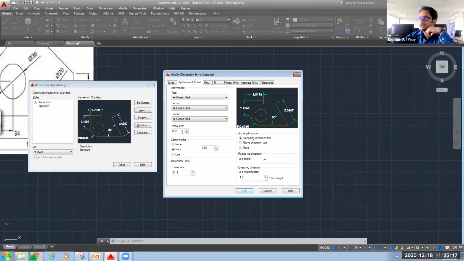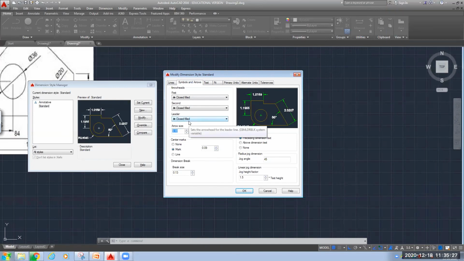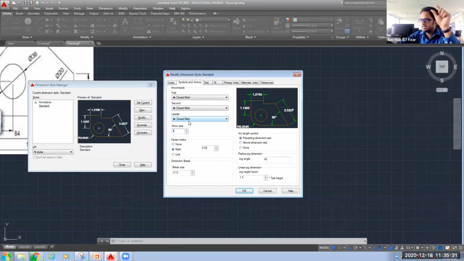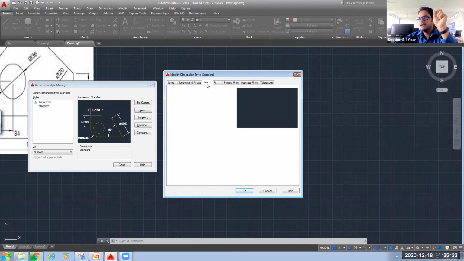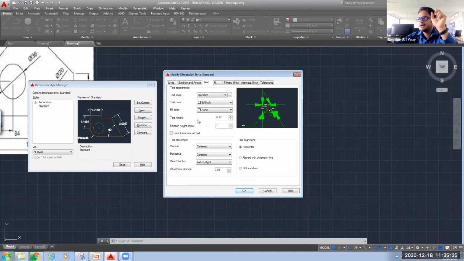Now go to symbol and arrow. Arrow size, last time what we made? Arrow size 3, and 8 is your text height. Okay. Arrow size we will make 3 and text height we will make 8.